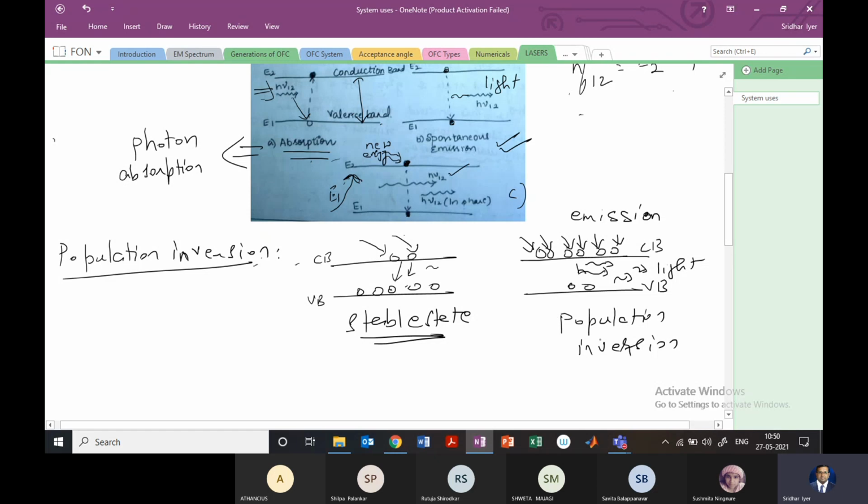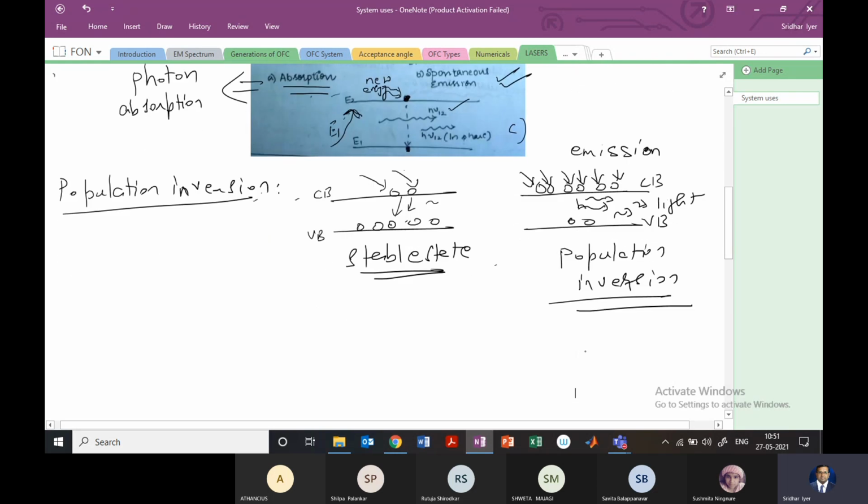because majority of the carriers are in the conduction band and now we are impinging or stimulating them with external energy, right? So obviously population inversion is not an equilibrium condition, it's an unstable condition, and therefore to achieve this population inversion we need to use some external techniques, because by itself, by nature, this inversion will not occur, because like us, the electrons also want to be in a stable state, right? So this will never occur naturally. The natural state will always be that the electrons are in the ground state or the valence band.